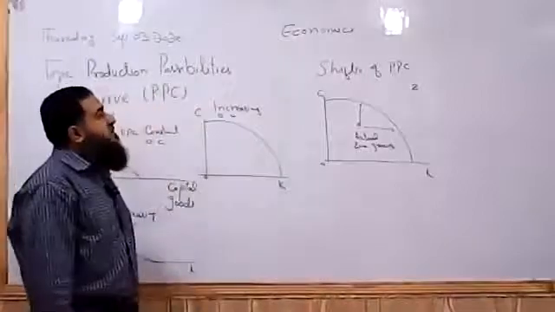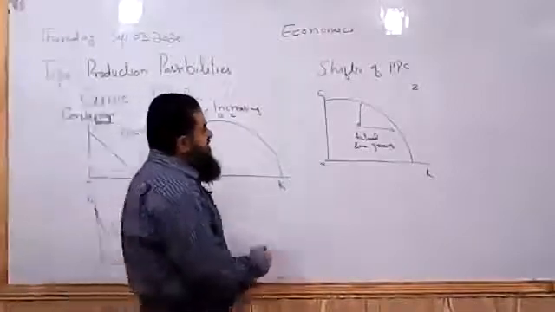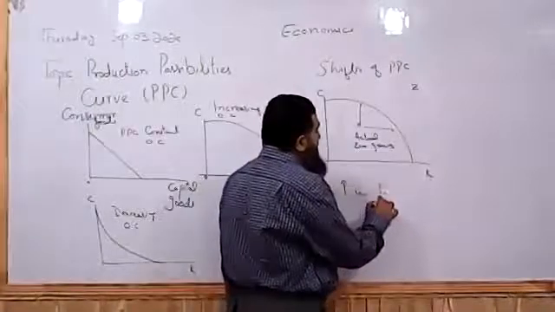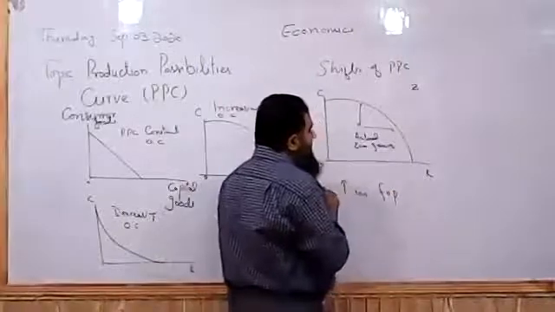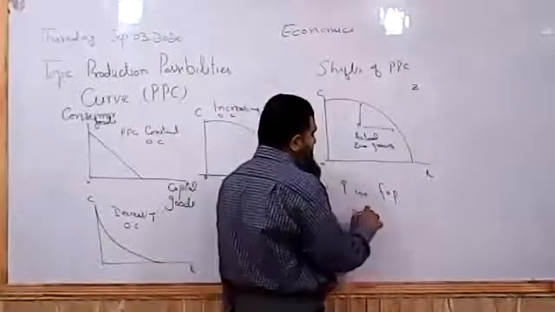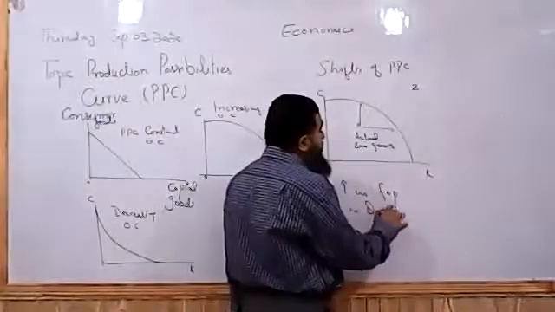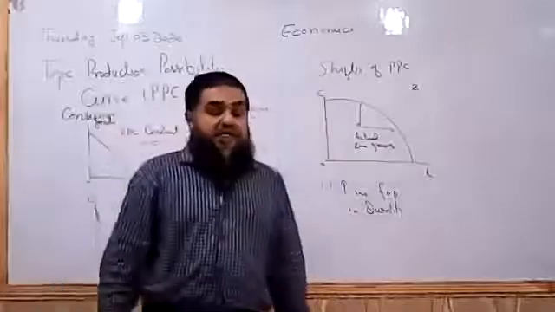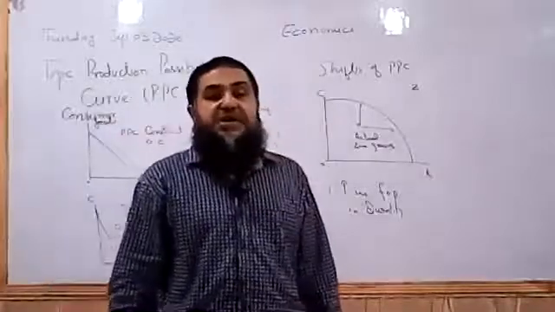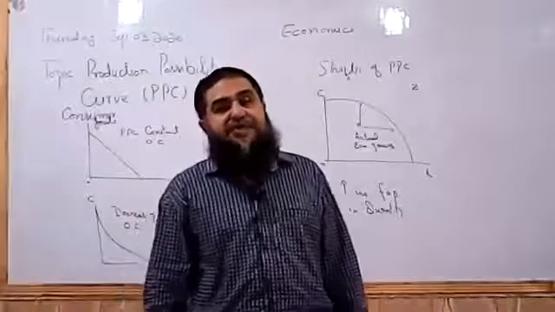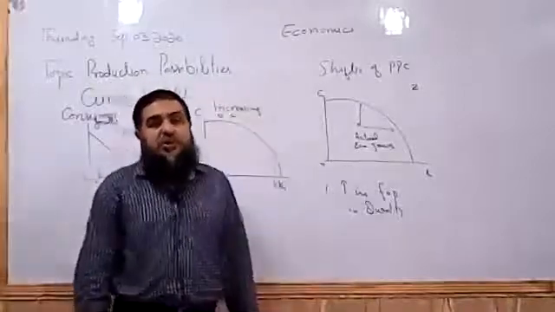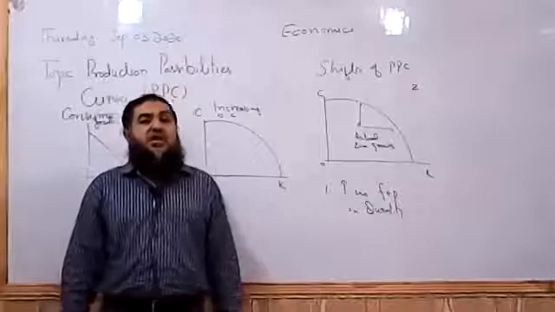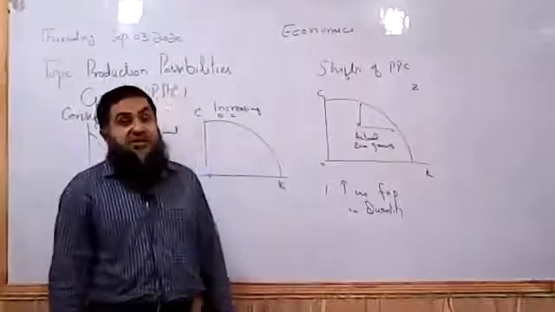How to attain this point Z? There are different ways. One is called increase in the resources or factors of production. So resources can be increased in quantity, like we have more quantity of resources like land. Now different types of raw materials have been explored in the piece of land, like gold mines, oil. Many of the raw materials, many of the non-renewable resources, have been explored by the experts, by the scientists.